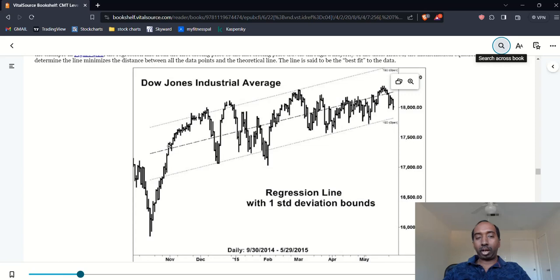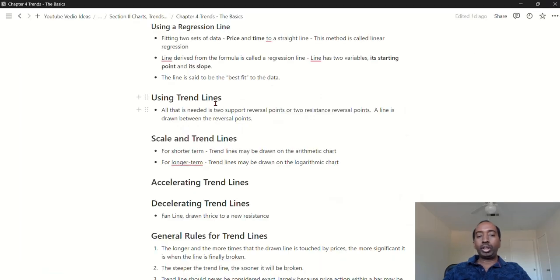Based on price and time, the center line is drawn, and this will travel through the price. Two things we need to consider are the trend of the line and the slope of the line. The two lines drawn above and below this regression line are the standard deviation. Regression is an important concept and chapter which will be covered in future levels, I suppose in level 3. Using trend lines,